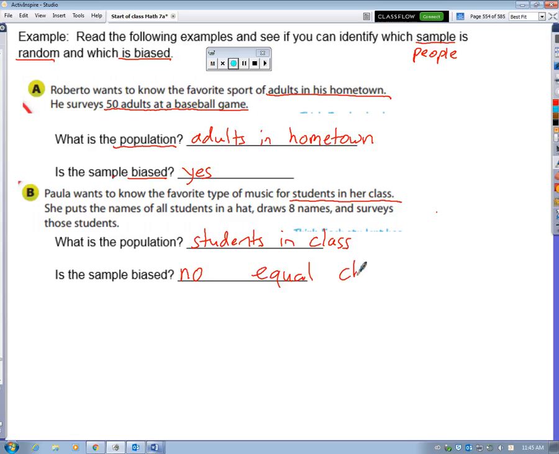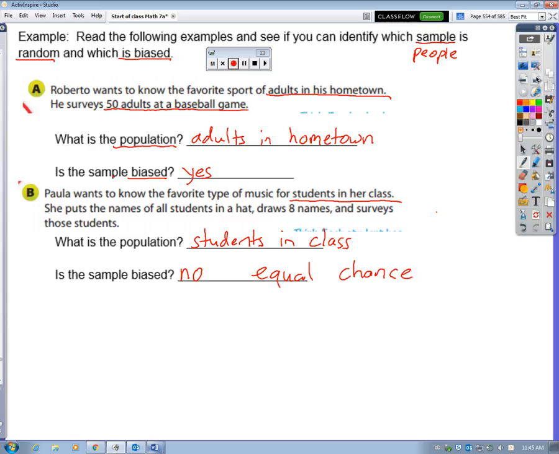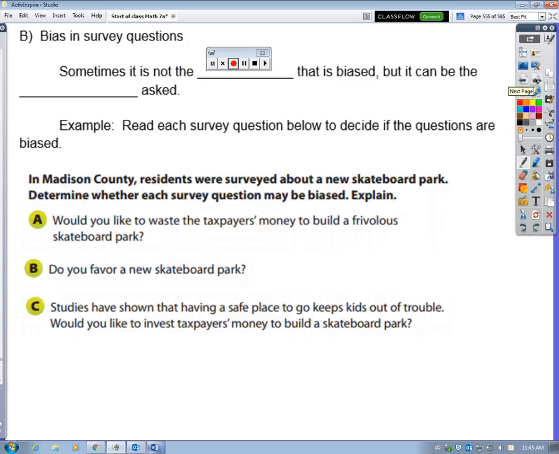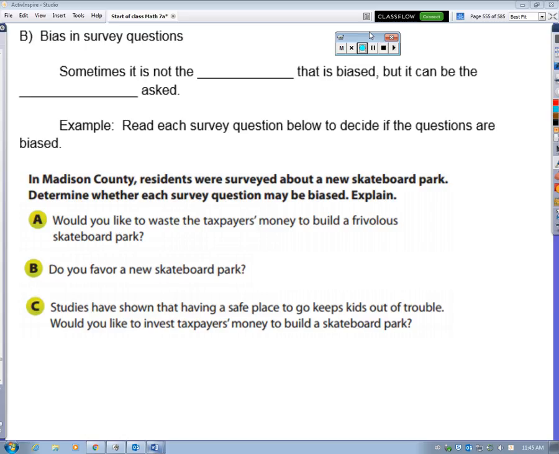Alright, there's an equal chance. Alright, it's not just boys, it's not just girls, it's not just one type of person or the other type of person. It's a random sample of her entire class. Alright, so let's look at something else. We could have samples that are biased, groups of people that would be biased or random. We also have questions that could be biased or random. Okay, so if we're going to look at the question type,